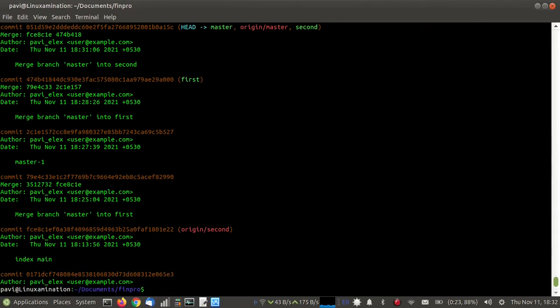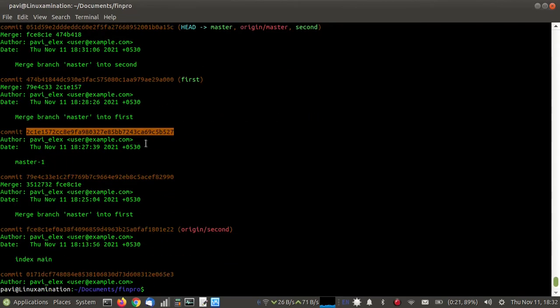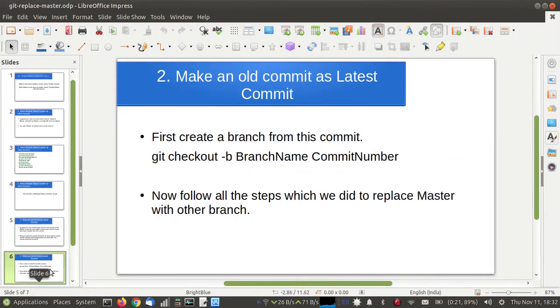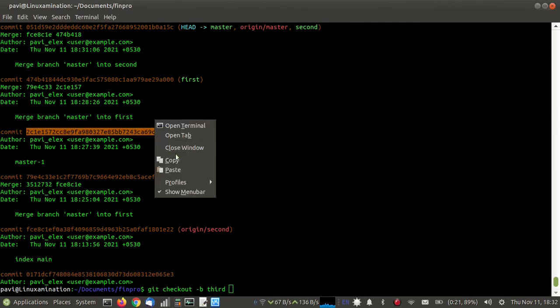So if you see git log, suppose a branch should be created from here, but it was not. So what will you do? First I'm going to create a branch from here. So git checkout -b with the branch name, that is third. I'm going to use this commit number.